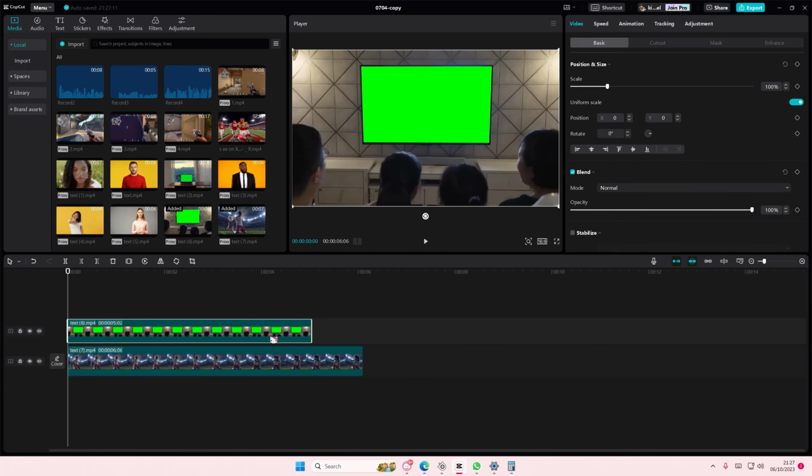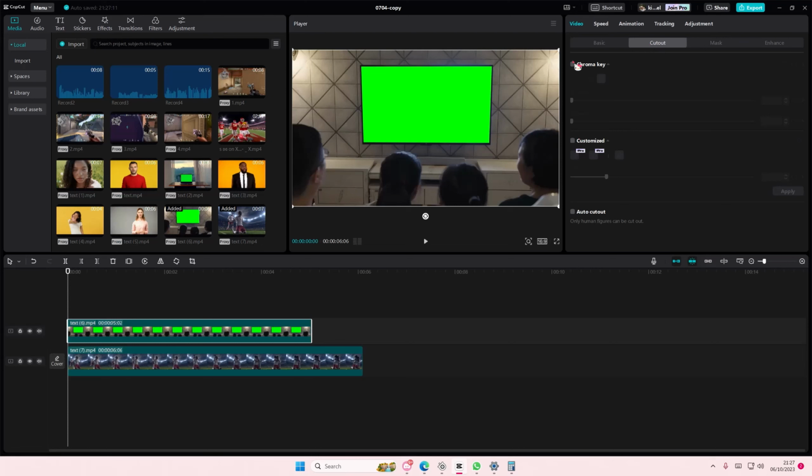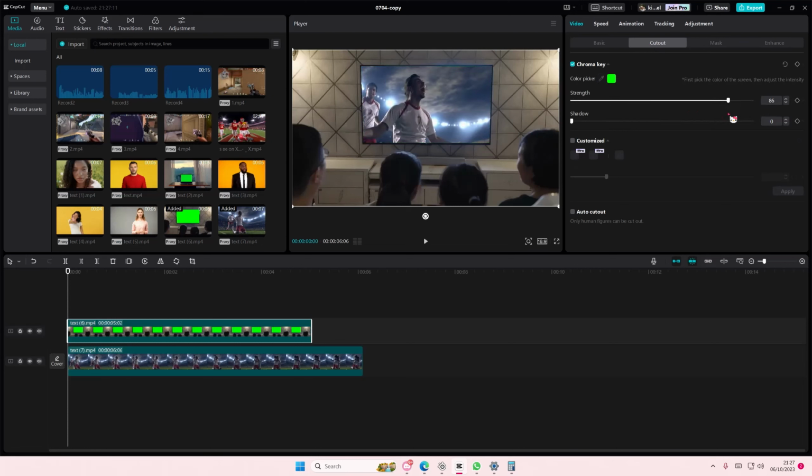So first of all, select the overlay and go to cutout, and go to Chroma key, select color picker and select the green part and adjust the strength. If some of the TV gets taken off, just add in shadow here and adjust the strength just a little